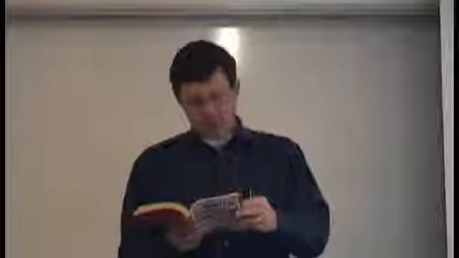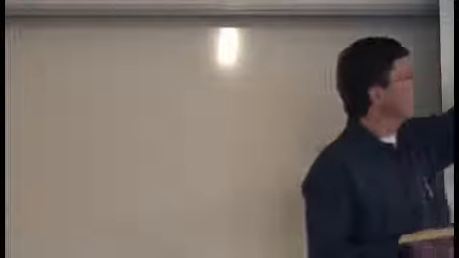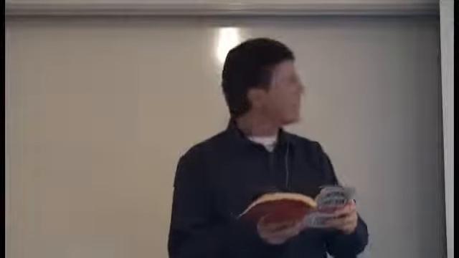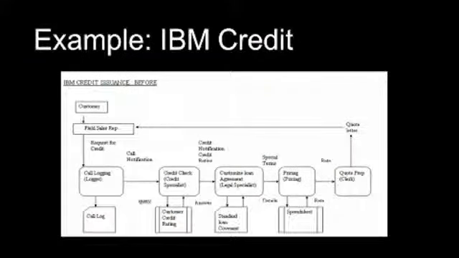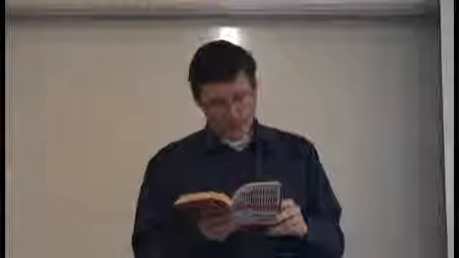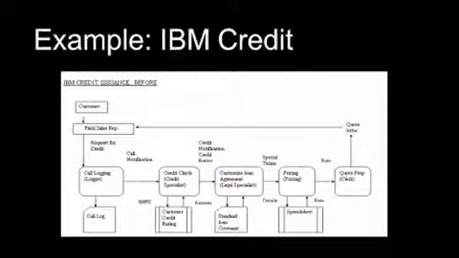Step two. Now remember, this is old. So I'm not sure anyone would do it this way today, but this is the way they were doing it. In step two, someone carried a piece of paper. So this person filled it in on a form, on a piece of paper. Someone took that piece of paper upstairs to the credit department. So they created this piece of paper called the call log, took it to the credit department, where a specialist entered the information into a computer system and checked the potential borrower's creditworthiness. So this person had some sort of spreadsheet or database where they could look up that company and how financially sound they were.